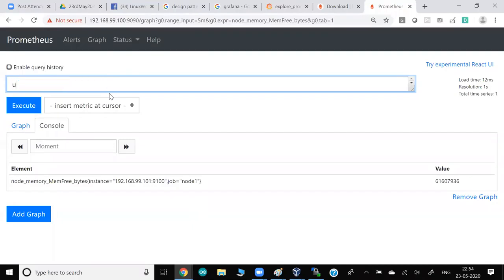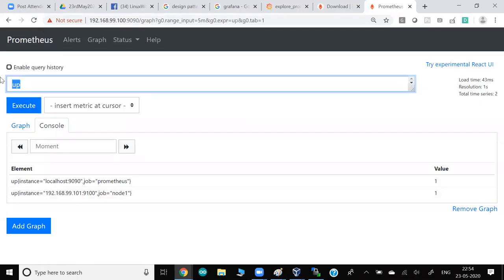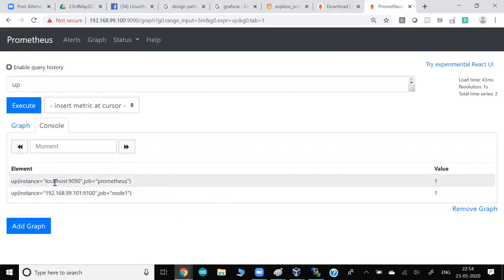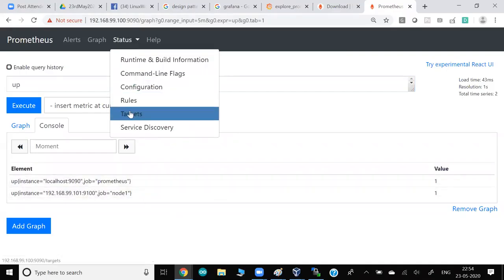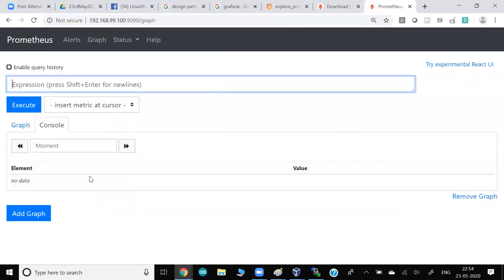Let's say one more query we have is up. Very simple query. What it will do, it goes to all the nodes or targets and shows you the real-time status. They show you in this up is one query. They show you I have 2 jobs, or I have two targets, 1 and 2 targets, and both the targets